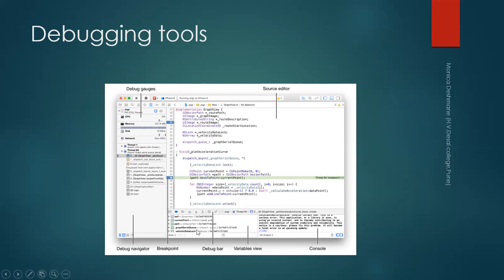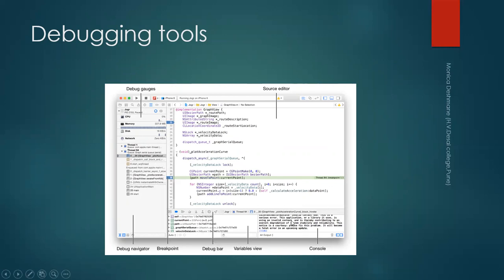So what does the debug area contain? It is divided into three parts. One is the tool for debugging, meaning the debug bar, where you get some debugging buttons. Second is the variables view, under which we can view the status of variables in our code. Then third is the console.